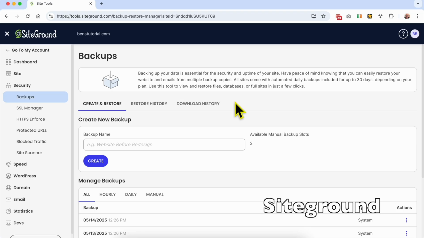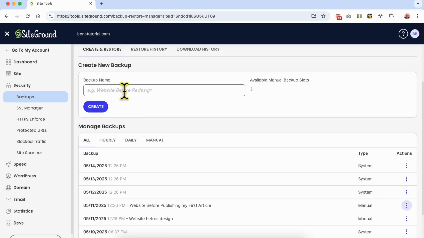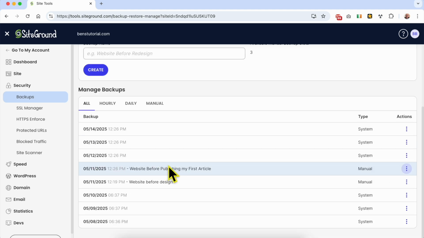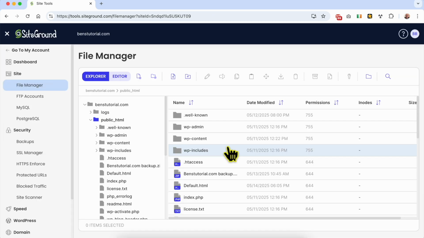Creating a website backup inside SiteGround was easy. All you need to do is to give your backup a name and hit enter. After that, you see all of your available backups here. But unfortunately, I was not able to download my backup to my computer because I was asked to pay for a subscription. Fortunately, with access to this file manager app,